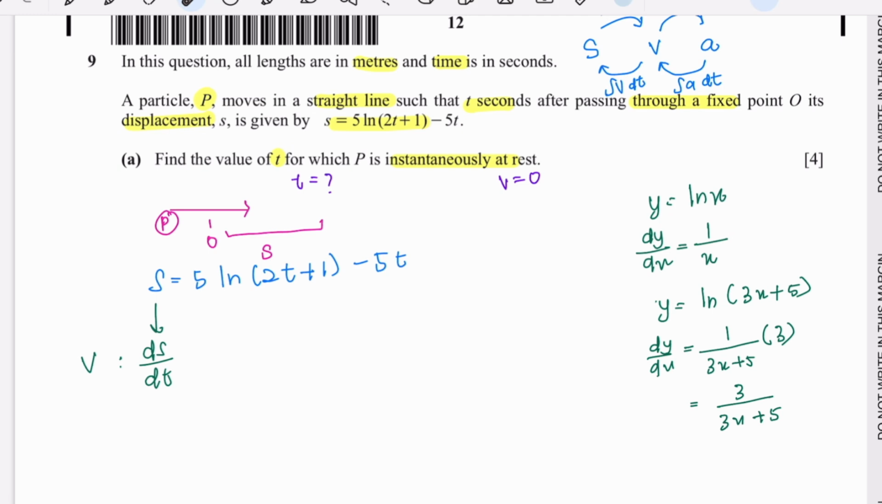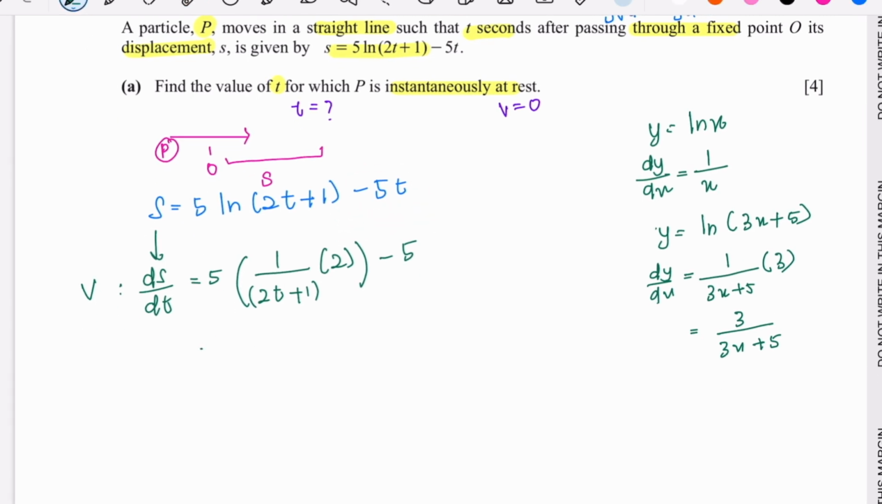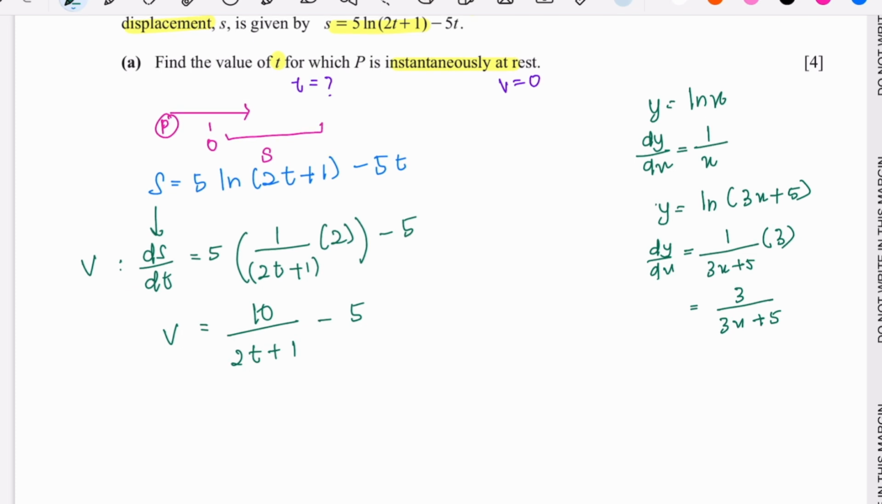The same with this part right here. So 5, we just put it outside, and then 1 over the whole function, and then you differentiate this. Differentiation of 2t will be just 2. We differentiate this last part, that is just negative 5. Simplify this, we will have 5 times 2, that is 10 over 2t plus 1, minus 5. This is our velocity. And when v is equal to 0,